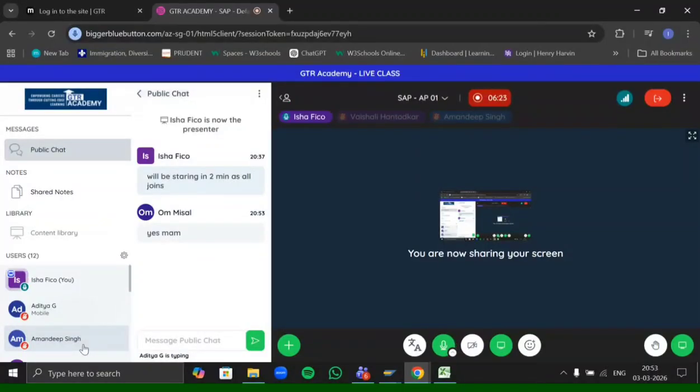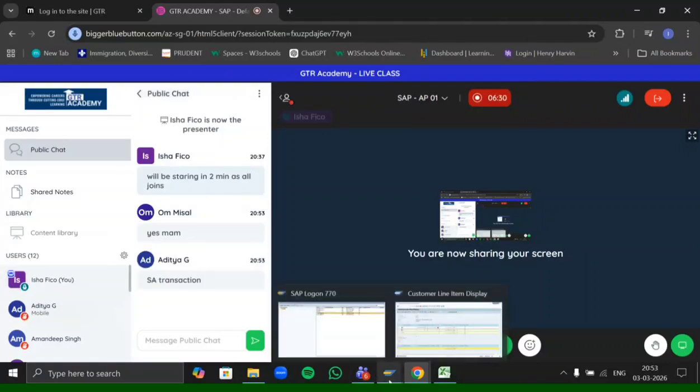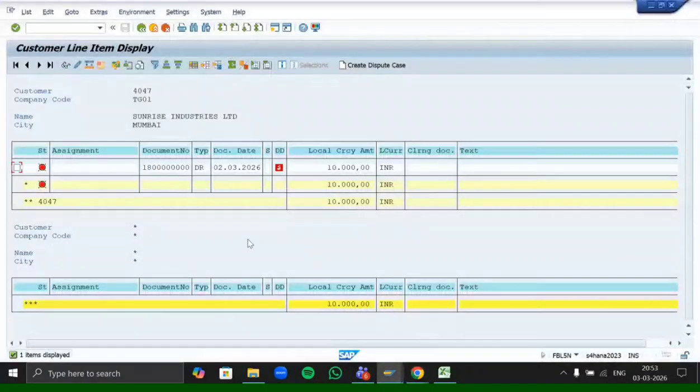So I asked something. Like, if you guys are willing to answer it, then do let me know. Otherwise, I will skip this. I'm asking you one last time. If you want to answer, then do it. Otherwise, I will skip it. How can you differentiate which kind of transaction it is? Whether it's an invoice for a customer, whether it's an invoice for a vendor, whether it's a payment entry, whether it's a journal entry. How can you get that thing here?